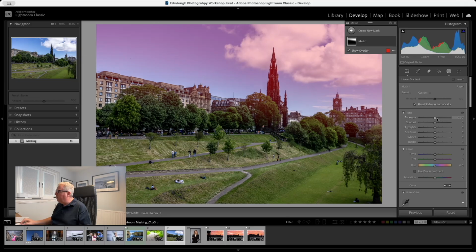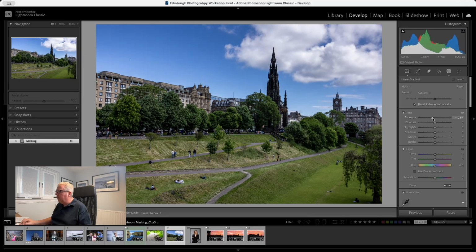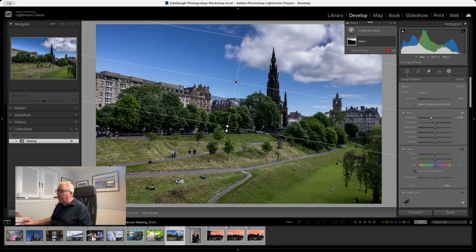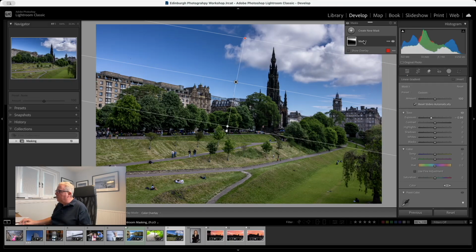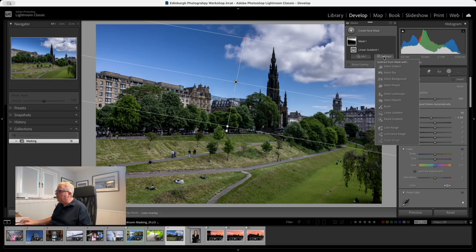Okay, and now if we change exposure inside of here, you can see it does a great job of making those clouds a little bit more detailed, giving us a bit more blue inside of there. Now, I don't want the buildings to be part of that mask. I want the buildings to remain the same. So we can again go to the mask, we'll just open it up, click on subtract,